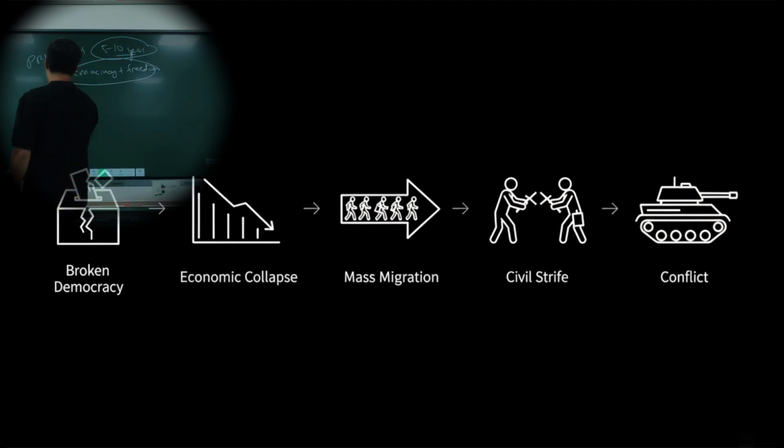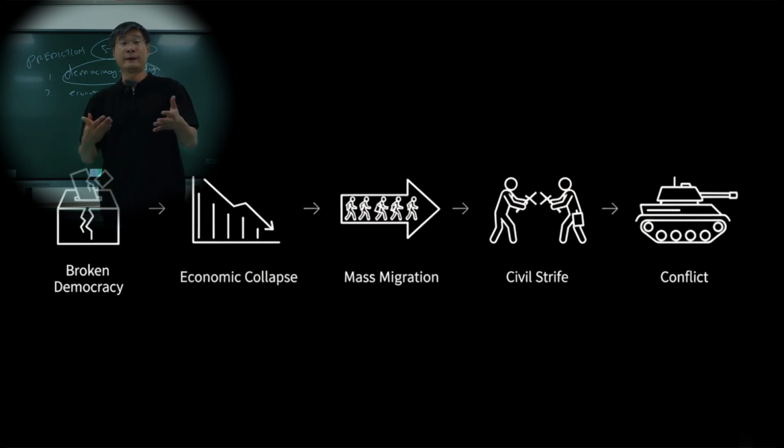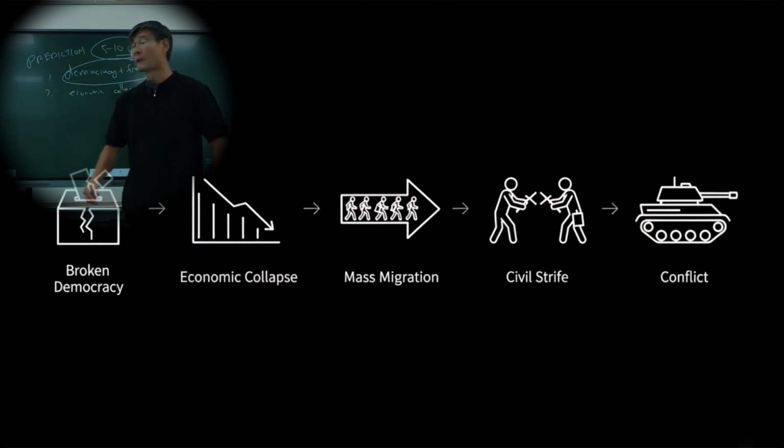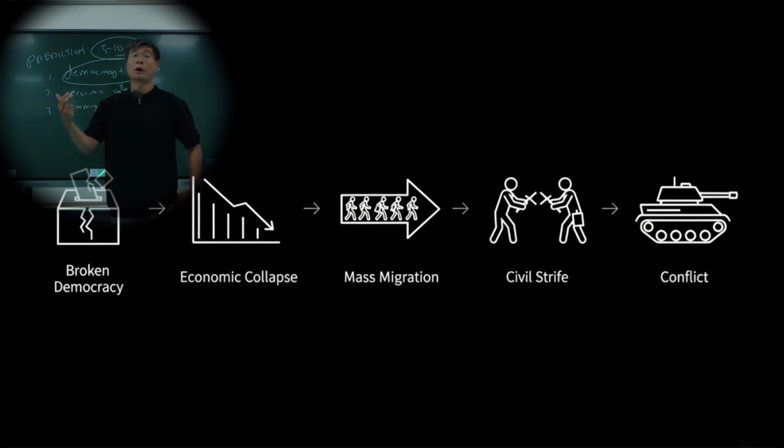Second thing is economic collapse. So as people have less and less right to speak up, they feel less invested in the system, they're less willing to work. Therefore, you have economic collapse. People don't believe in the system anymore. Okay, the system is in crisis. This will lead to immigration. The government is like, you know what, if the people don't want to work, screw them, let's bring in immigrants to do the work. Okay, let's replace our population.